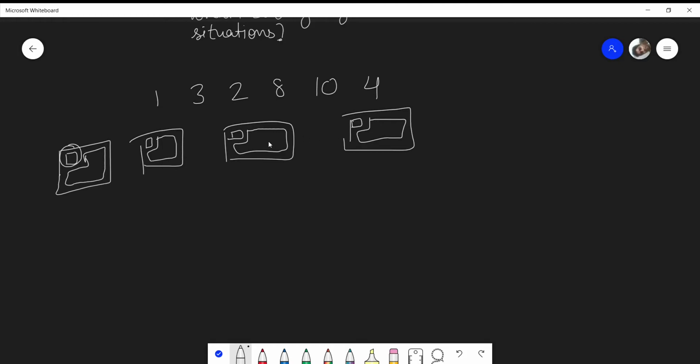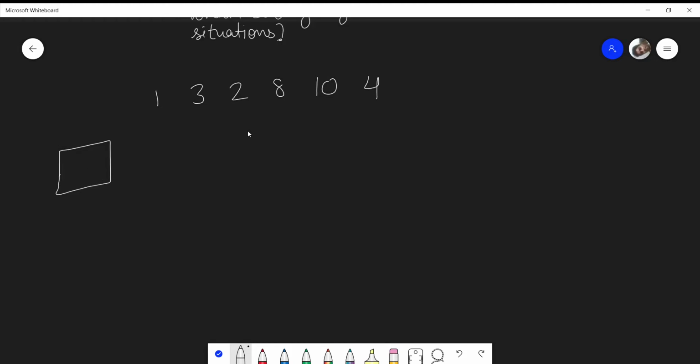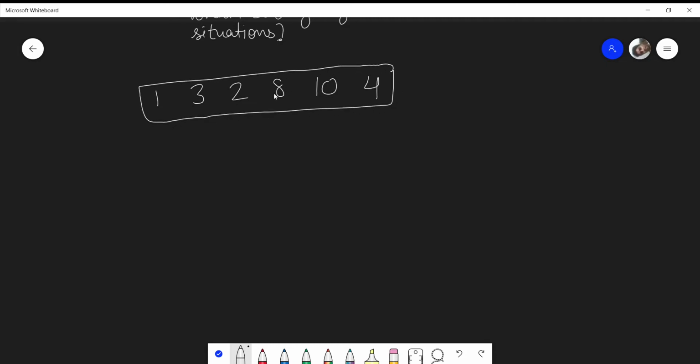But for now, in order to explain the basic definition of sorting, we're just taking a sequence of numbers. So sorting in layman's language would mean ordering these sequences of numbers in a particular order, which can be either ascending or descending.